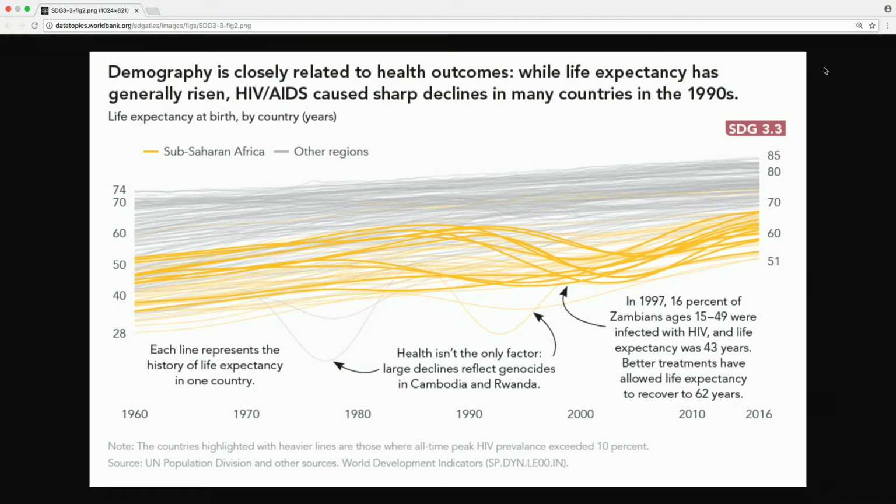Yeah, so this is another visualization taken from our Atlas of Sustainable Development Goals. And this one's interesting because it's an unusual take on in some ways a familiar issue. This is relating to target 3.3, which includes ending the AIDS epidemic. But rather than taking an indicator on HIV/AIDS, like the prevalence rate, for instance, what we're looking at here